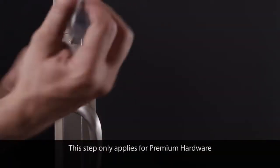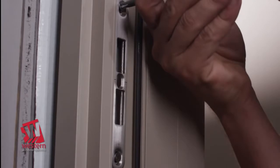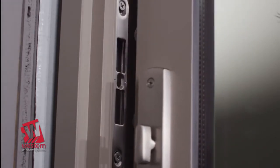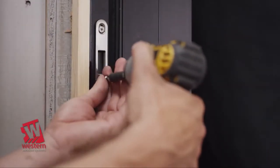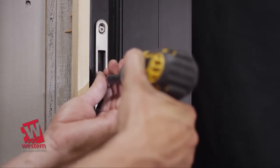If your door has premium hardware, install it at this point. First, adjust the strike plate on the lock jamb by loosening the 2 machine screws and moving it up or down until the lock engages fully when actuated. Once the strike plate is adjusted, anchor it to the jamb using a number 10 2.5-inch flathead screw through the